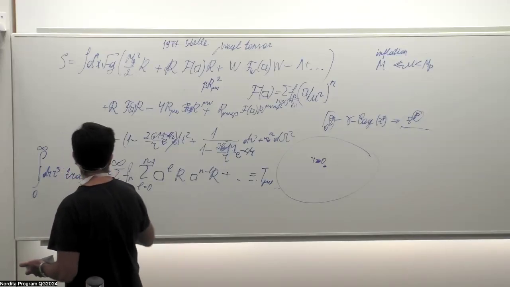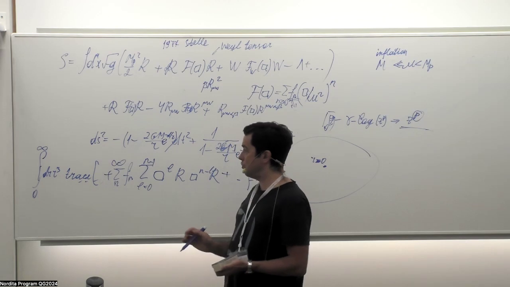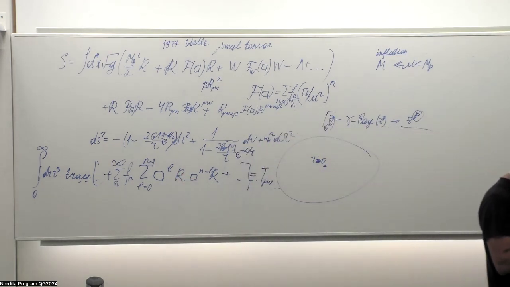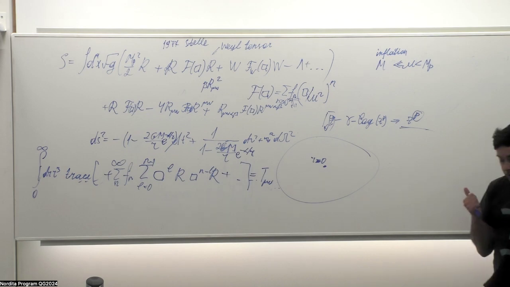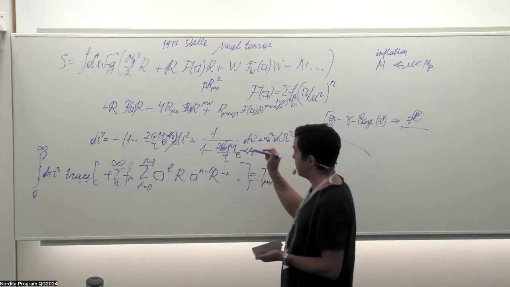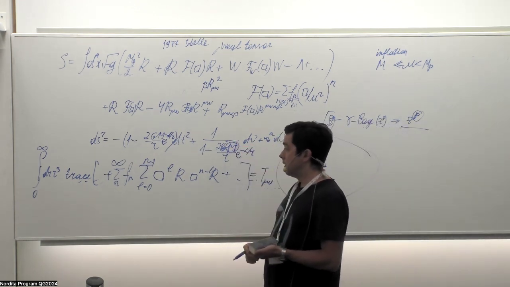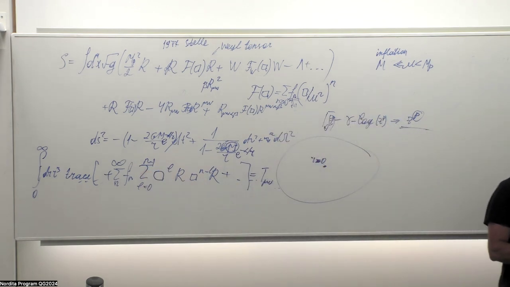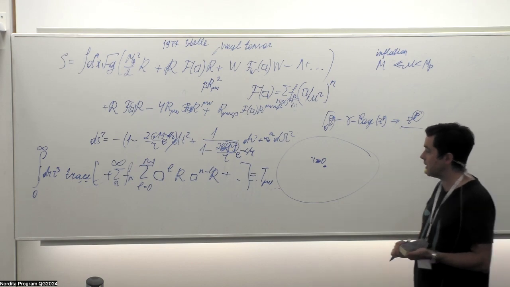Why do we do it? We do it for two simple reasons. First of all, trace is still a scalar invariant, so it should not change upon coordinate change. And we do this integration because it should reveal the total energy of my object, which is mass. This is an operation which I can do explicitly and analytically for these hugely complicated equations